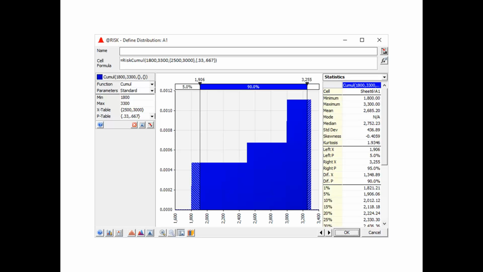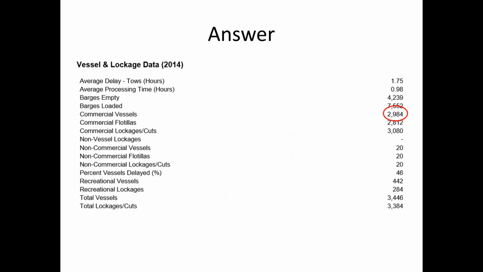So this is basically saying that values near 3,300 in this range. These are much more likely than these values, which are more likely than these values. But the number line delineates that it would be between 1,800 and 3,300. And that's the number of tows that we were estimating here. So people again got to practice the technique using a value that was not going to be one of the ones that they would actually be asked. The number of barges, by the way, was slightly less than 3,000.